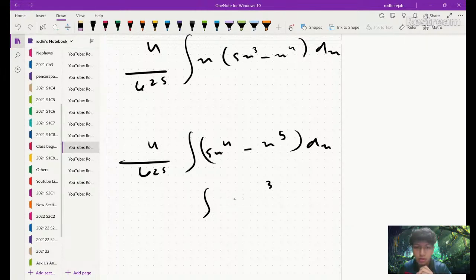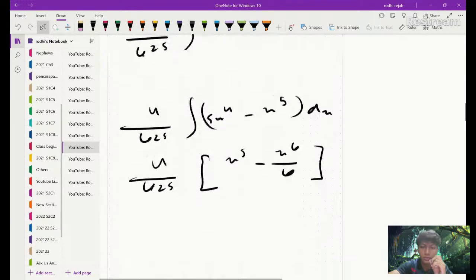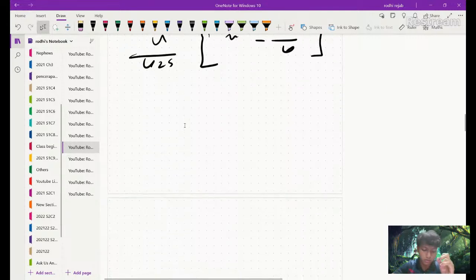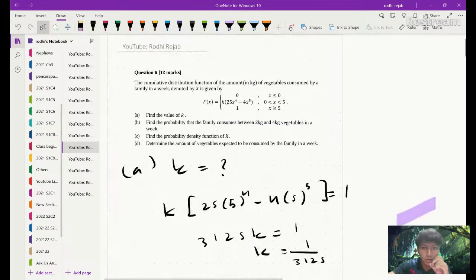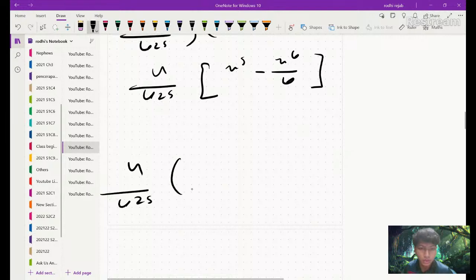So we get 4/625 times (x^5 minus x^6/6). So we will get 4/625 times